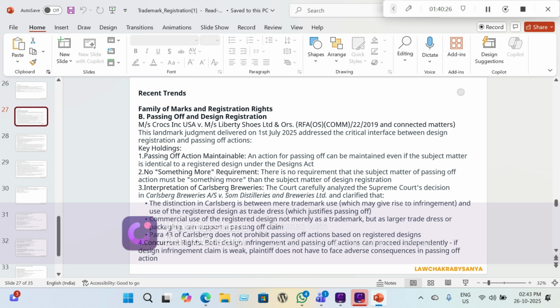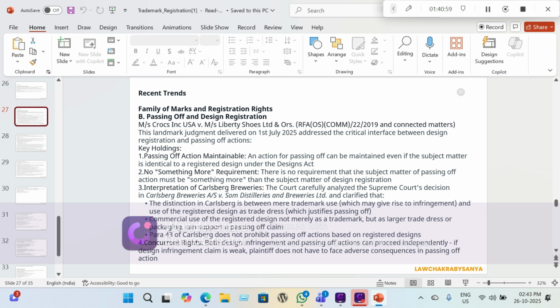So the court analyzed this case and they said that the distinction in Carlsberg is between mere trademark use, which gives rise to infringement, and use of registered design as trade dress. And then there is commercial use of the registered design not merely as a trademark but as a larger trade dress or packaging, and it can support a passing off claim. So even if there is a trade dress, as in how it is packaged, how it is presented, and there's no actual trademark registered, even then it can qualify for a passing off claim when it